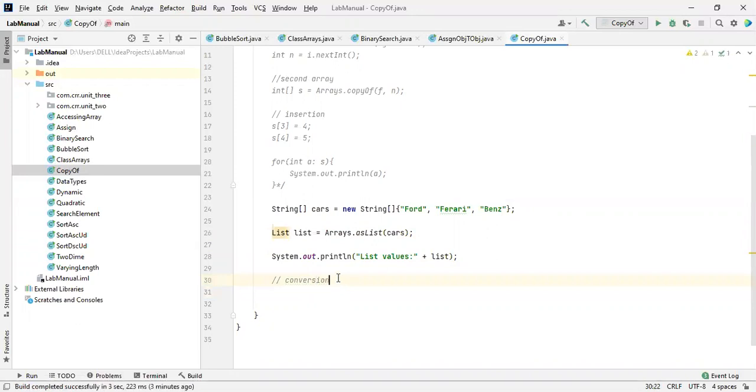Conversion in the sense, if the value is an integer, i is equal to 6.